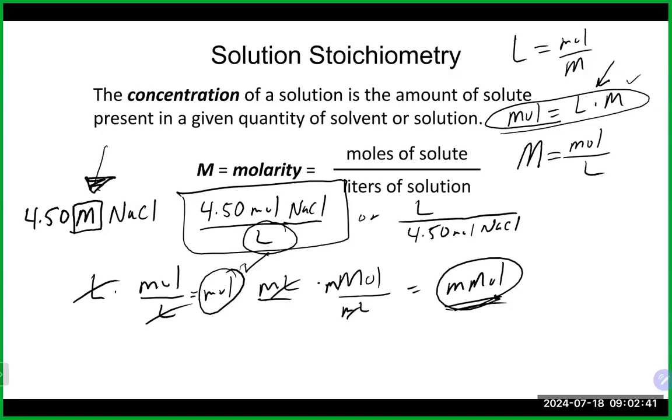So you absolutely can multiply milliliters times molarity, but the difference is you get millimoles as opposed to liters times molarity, where you get moles. So it's really important, I would say, convert it to liters. If you are using molarity by itself and using it with the volume, definitely make sure the volume is in liters. There is a place we'll talk about in a second about doing dilution type problems where you can't leave